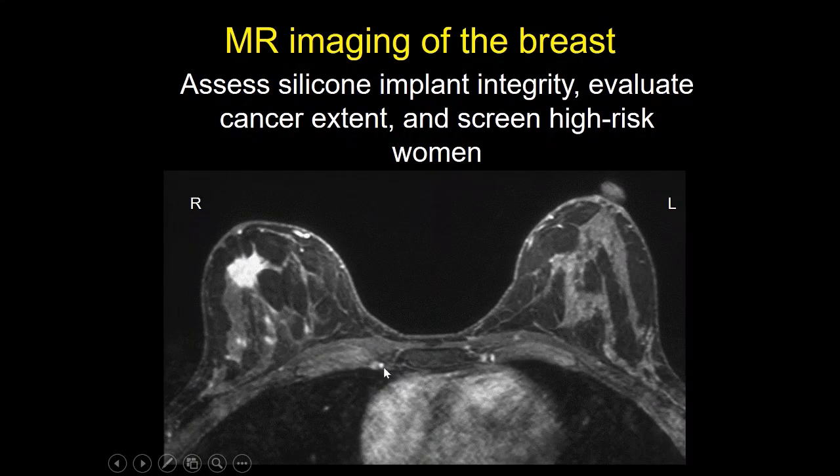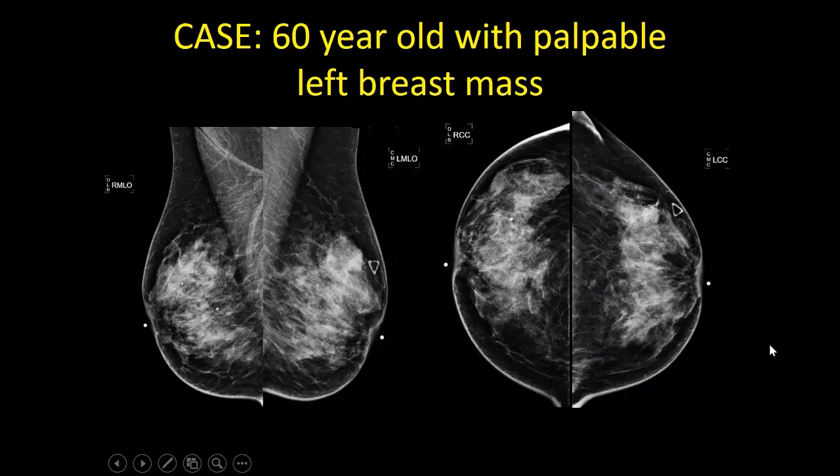Here's the artery and the vein, but this is where you would look for internal mammary lymph nodes, and you can often see the sternum and the rest of the chest wall and up into the axilla. So let's apply some of our basic anatomy principles to caring for this lovely 60-year-old woman who presented with a palpable breast lump. You can see this little triangle was placed over the area that she was bothered by, and